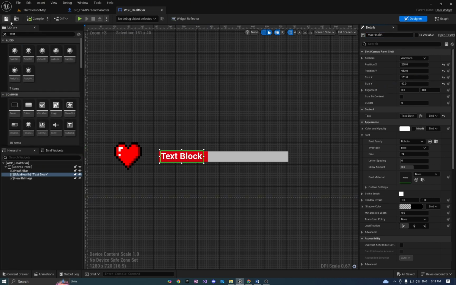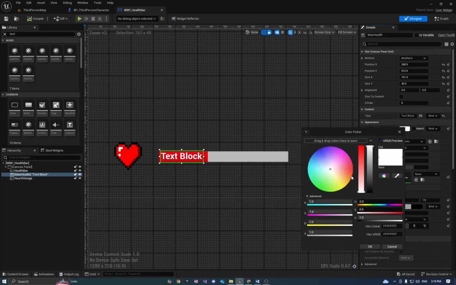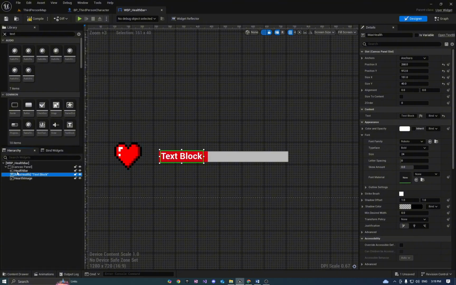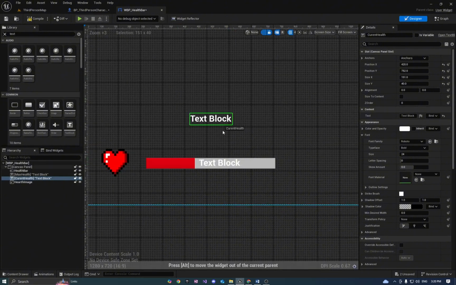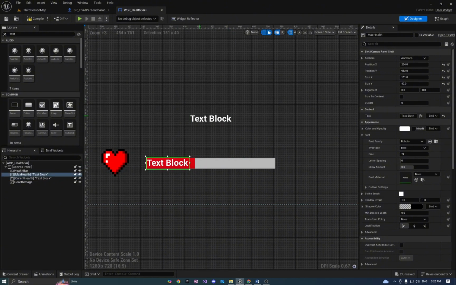Nice. Compile it, save it. Let's first leave it just white. Click on it, Control D, you see this duplicates it, name it current health. Nice. Now I will just move this a little bit to the right. So I actually want first to display the max health, then the current health, and let's put a